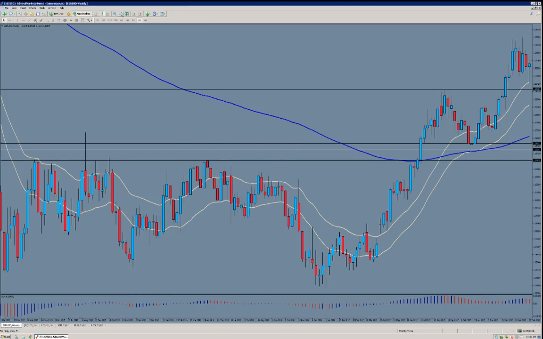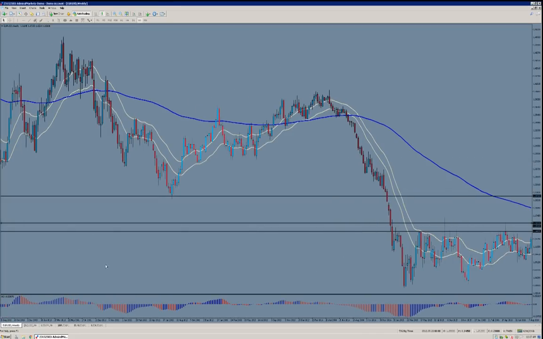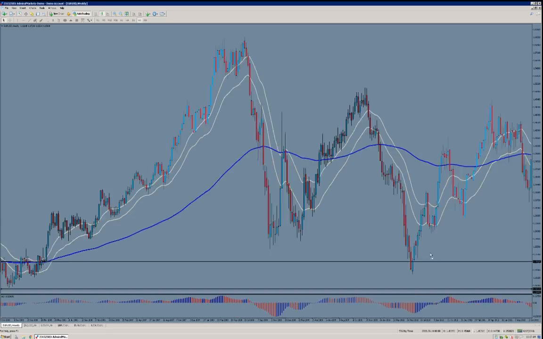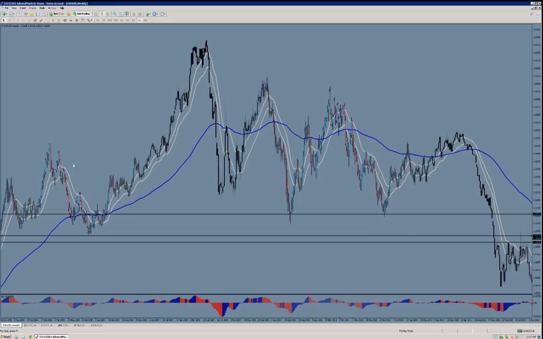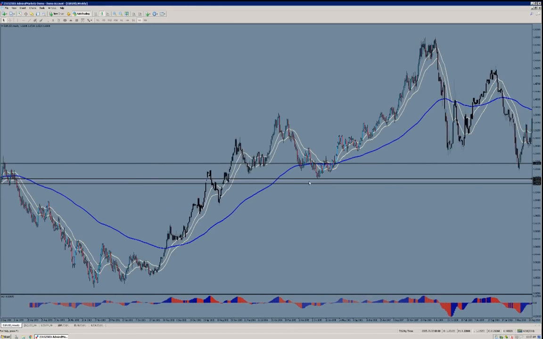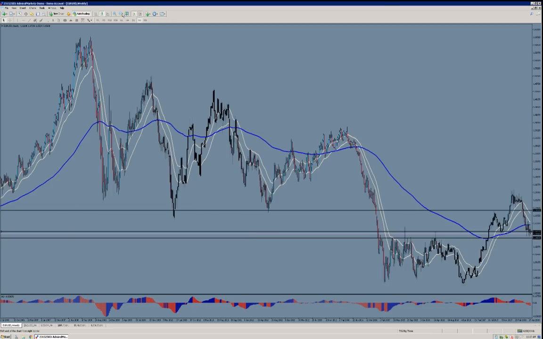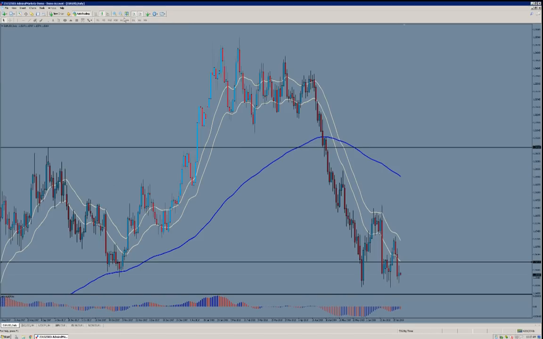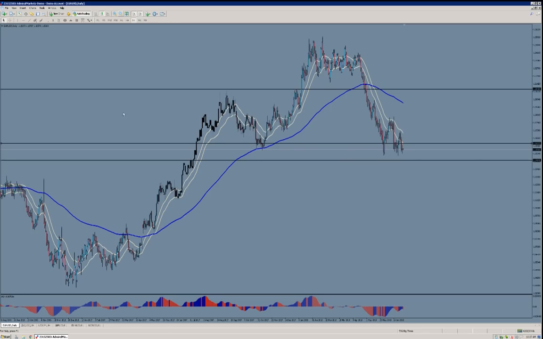If I zoom out a bit more, I would imagine that I will see connections to these levels as well, further in the past. Yeah, here you see, for example, back to 2006, perfect hit of that same level. So what that does for our trade idea then is that we can say, going back to the daily time frame,